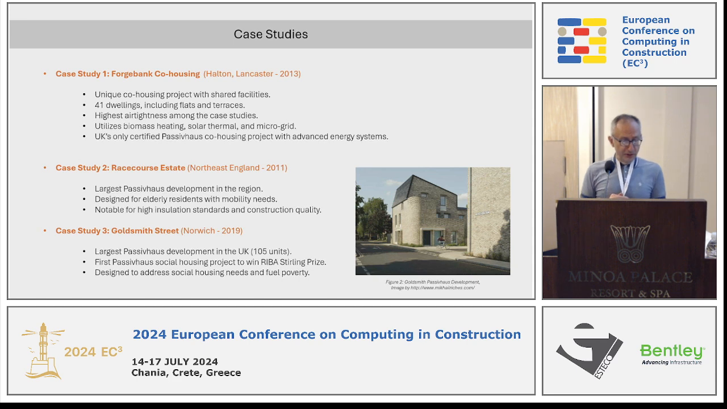So the 3 case studies that we looked at, I'm not going to go through them in detail, but this is Forge Bank co-housing, a co-housing development. We looked at the Racecourse, which is in the northeast of England, and we looked at Goldsmith Street, which is the newest development in the UK, and this won the RIBA prize for the best passive house development. So even the big professional bodies are thinking, well, passive house is something I should be taking notice of. So this is the largest passive house development, and it's designed to address social housing and eliminating